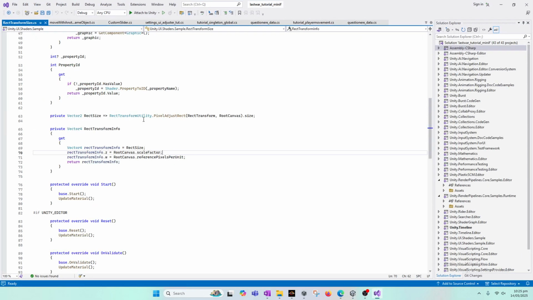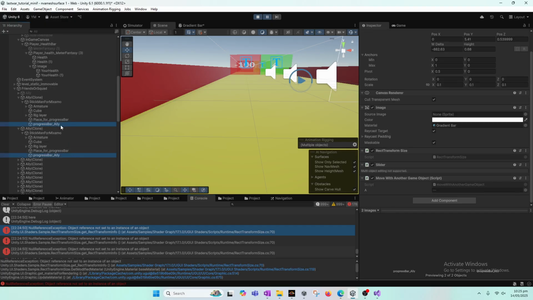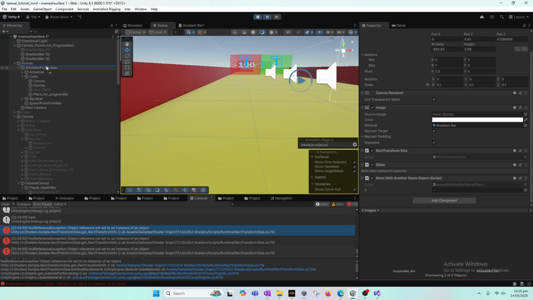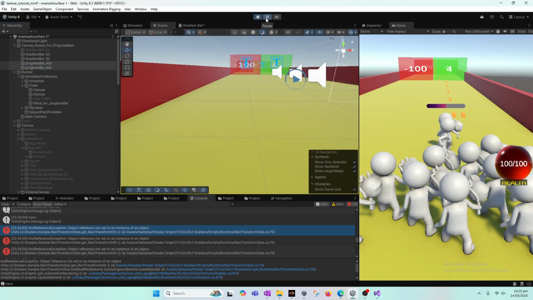And if we double click it, it's in the RectTransform size. The reason of it is that it doesn't have the parent as a canvas, so we will drag and drop this back to the top of our canvas parent for progress bar here, something like this. And now if we play it,